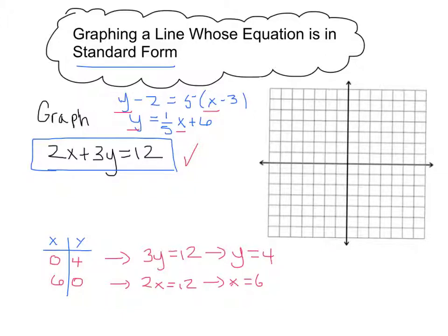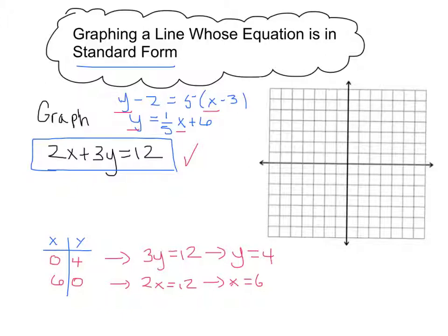Now at this point, as a math educator, you want students to know that 2 points really isn't enough to know for sure that you have a line, because there are many different types of graphs that could be going through these 2 points, (0, 4) and (6, 0), that aren't lines. However, after enough exposure to these equations, we know that students can recognize that this is going to look like a line, or the form of an equation of a line that I've seen before. So we let them get away with just getting 2 good points, (0, 4) and (6, 0),